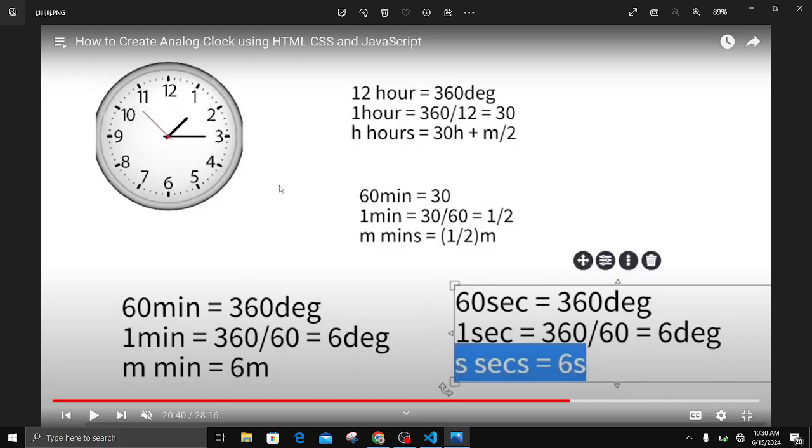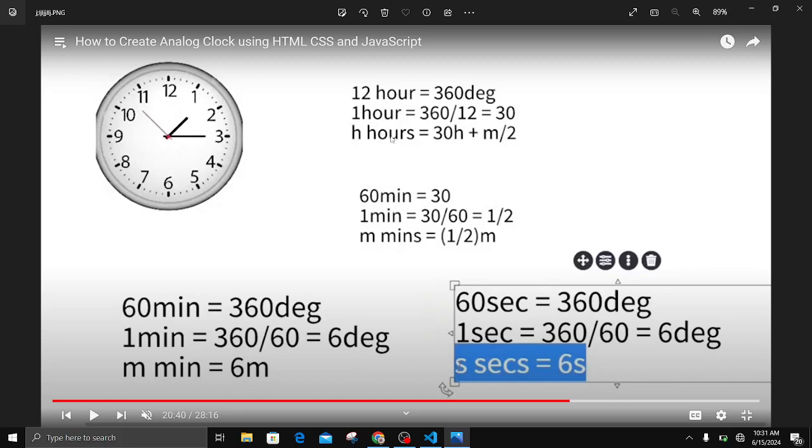That's for 12 hours, right? Since our clock is representing every 12 hours, that's the morning and the night. The next thing is the seconds. Now, for every 60 seconds, it makes 1 hour, which means that to represent it in rotation, it makes